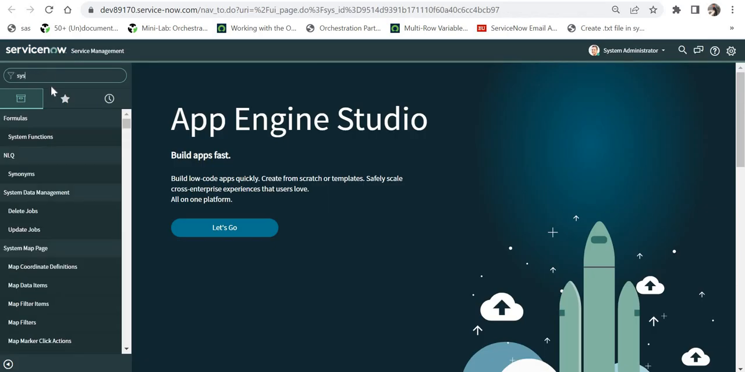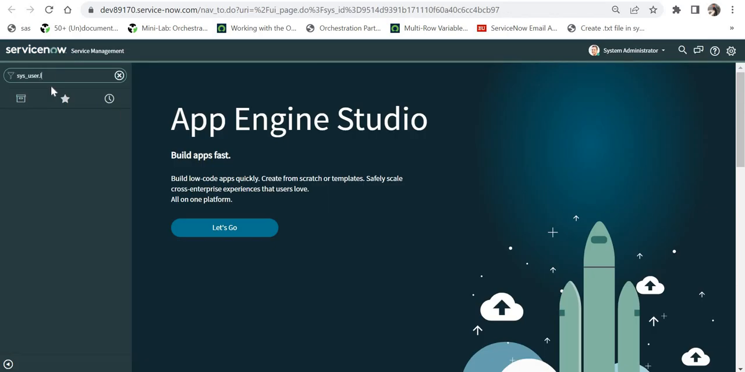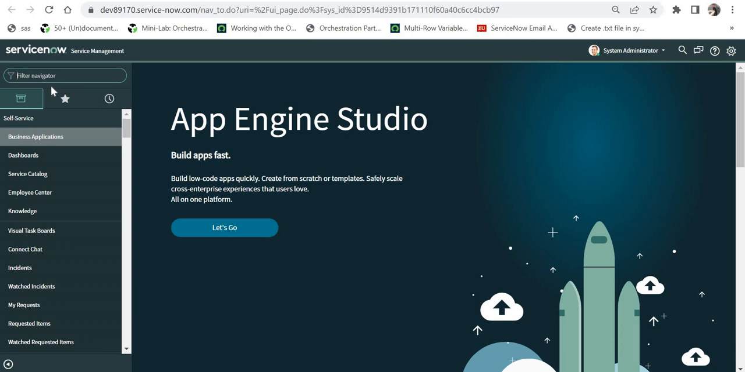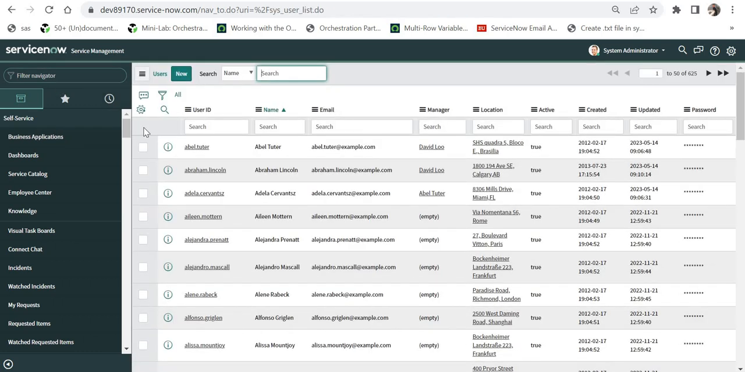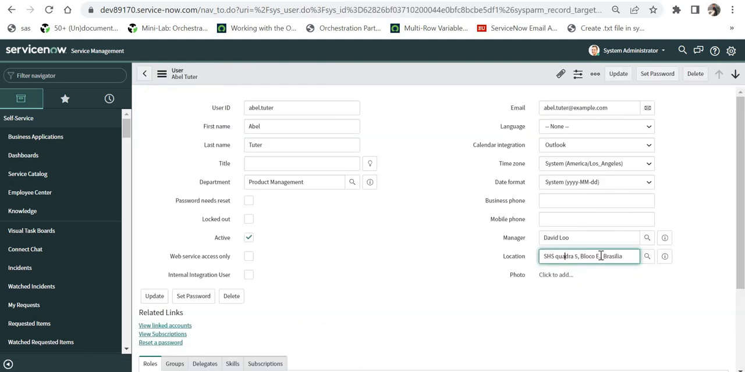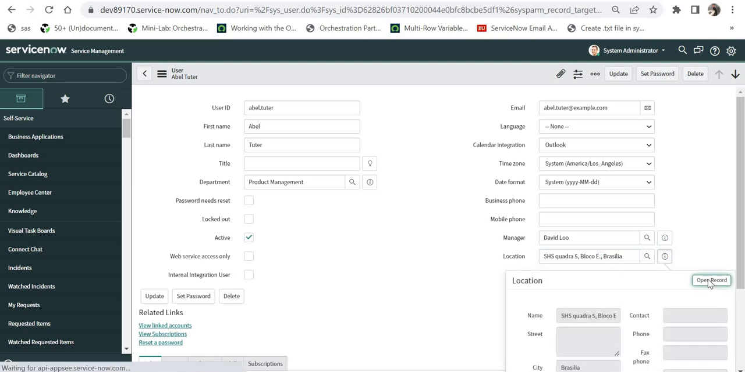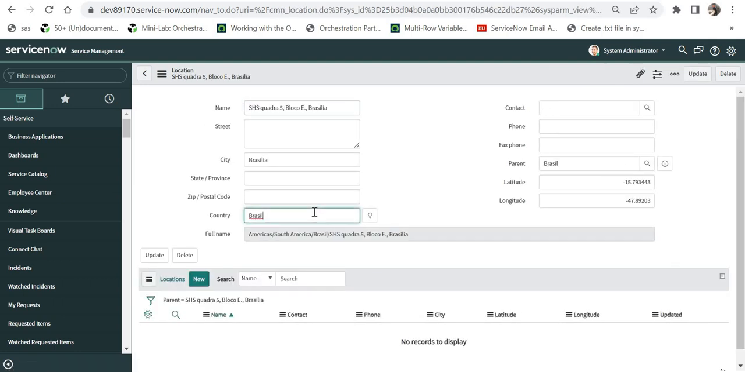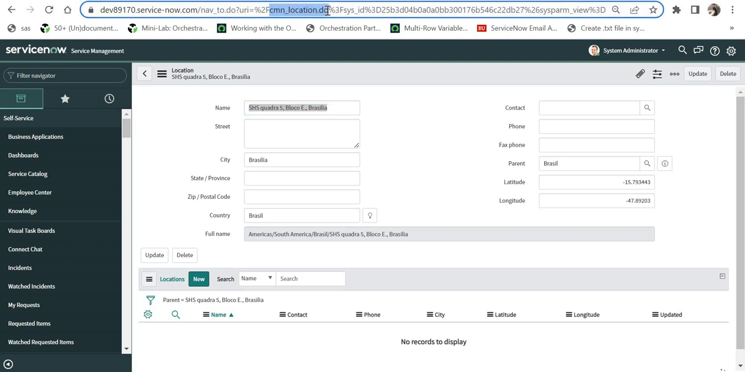I will quickly show you the user table here so that you have an idea about how I am navigating to the country. So for example, if you go for Abel Tuter, and here you would see the location is given as SHS Quadra, and if I go into this table and open this record, you would see the country as Brazil, and you would see the table is cmn_location, and that's the reason why I use the